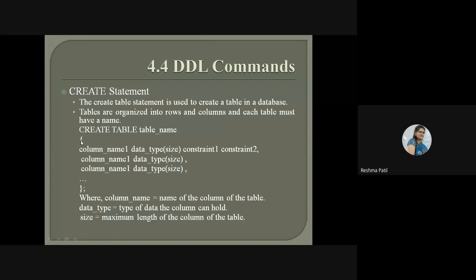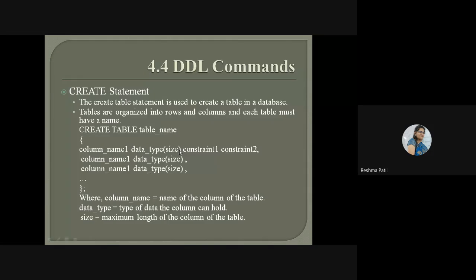Then these two brackets are important, opening bracket and closing bracket, after that a semicolon. Inside this we have to write the column names. Now we have created only the table name. In that table, how many attributes or columns are there, and what are the data types of those columns, we have to mention here. First the column name, then its data type with size, if there is a size. Then what constraint, meaning what rules we want to apply on this column, we can mention after